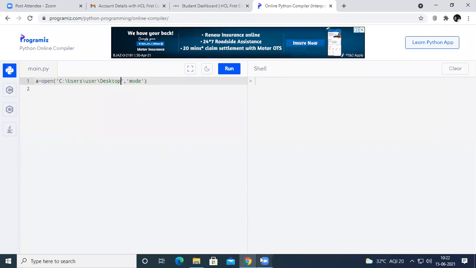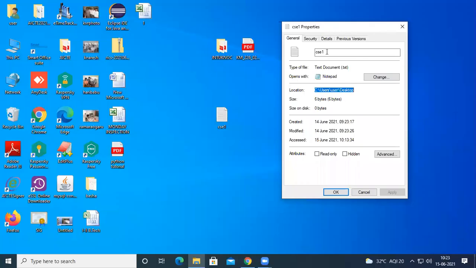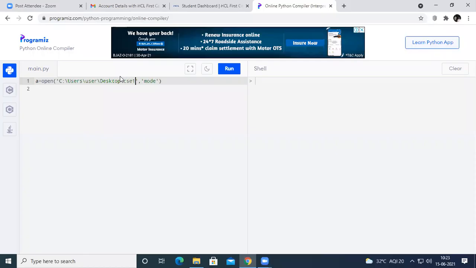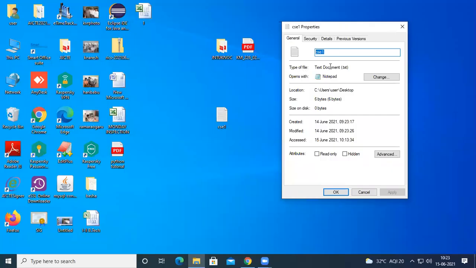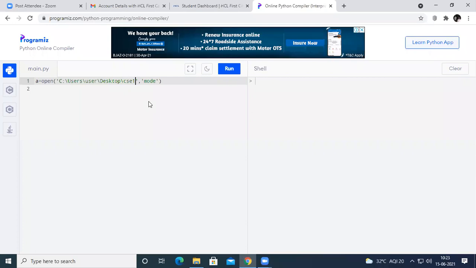So at this particular location, we have a file called csv1. Maintain the name csv1 here, and at last we have to provide the extension of this file. The type of the file is a text document, so we use .txt at the end: csv1.txt.